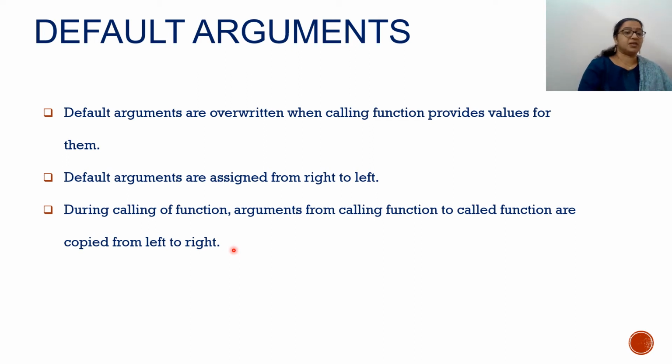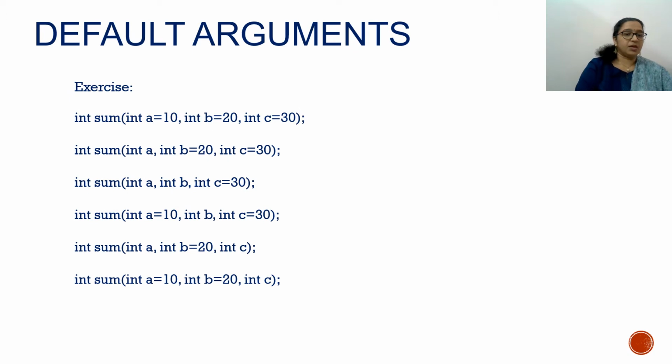Okay, say this. Here I put some exercise, then you will get a clear picture of default arguments. So these are function prototypes, or we can say function declarations. So how can we assign the default values in the function declaration? Say this: int sum(int a = 10, int b = 20, int c